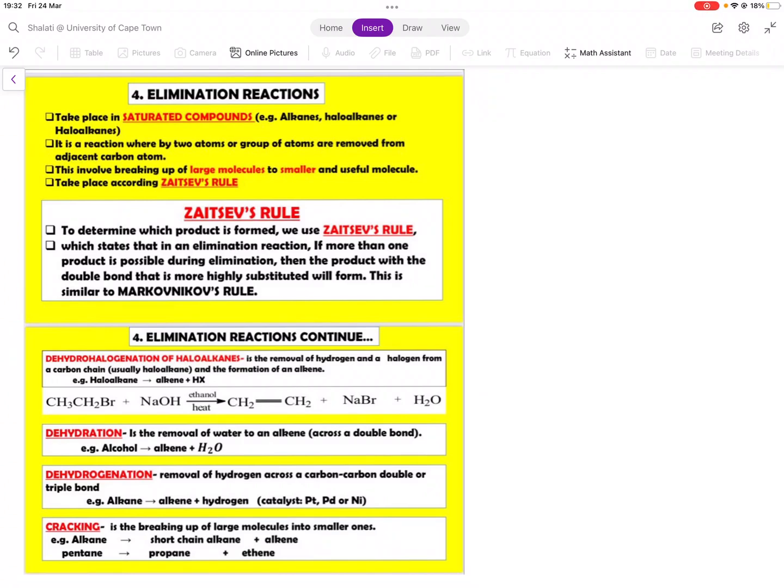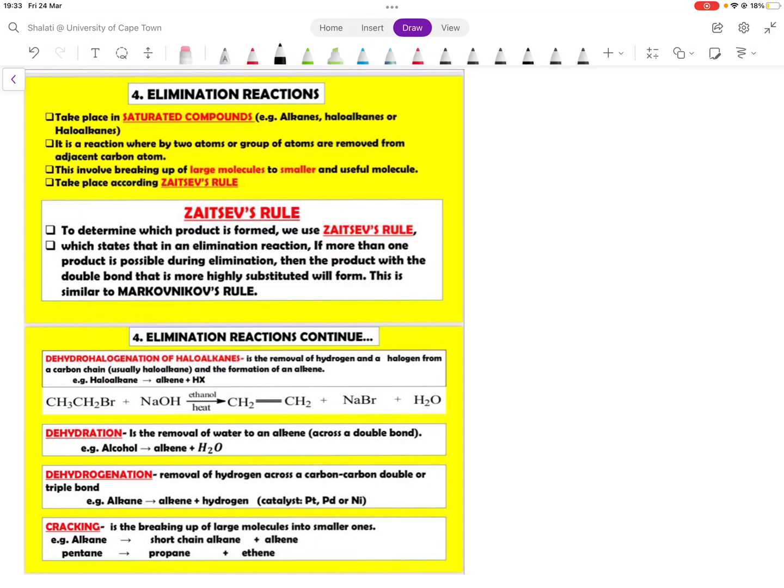This is the fourth video and I'll be explaining elimination reactions. So again, we start with the reaction conditions. The condition is that this happens in saturated compounds. Elimination means to remove something completely. So we start with saturated compounds like alkanes and haloalkanes, and then we remove